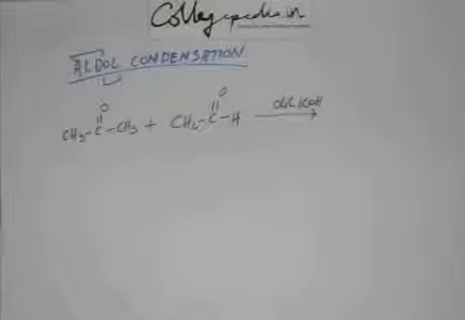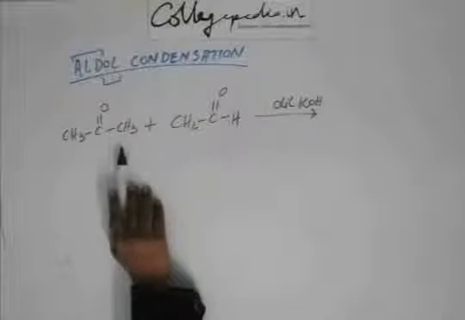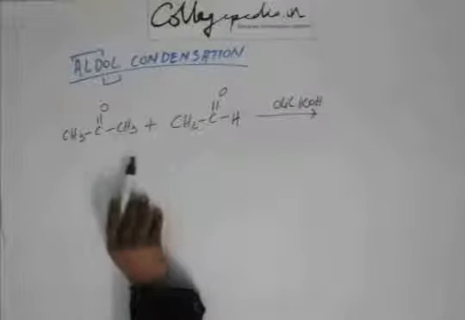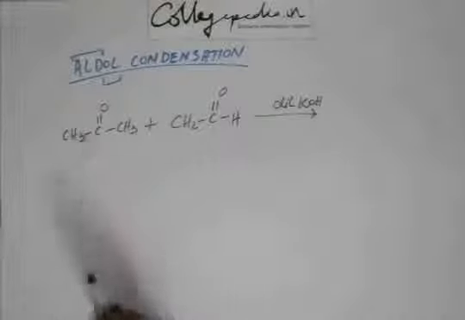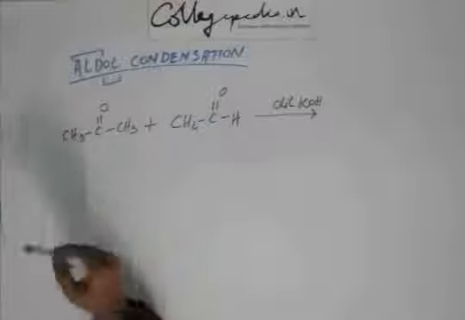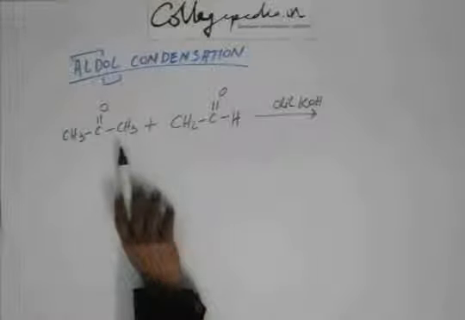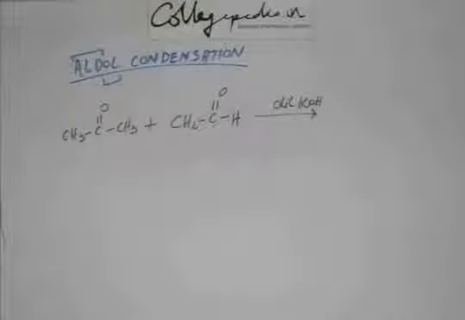So this is called cross aldol condensation. That means previously what was happening, we took only acetone. So H plus is being abstracted from acetone, and the intermediate is going and attacking acetone. But in cross aldol condensation, what can happen is base will abstract H plus from ethanal, and this ethanal can go and attack acetone. Or base can abstract H plus from acetone, and this acetone will go and attack ethanal. So this is cross aldol condensation.